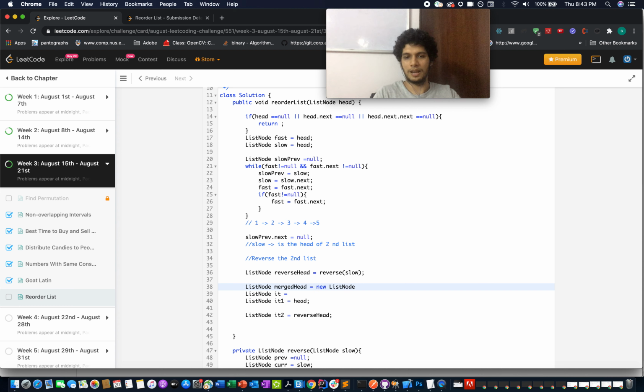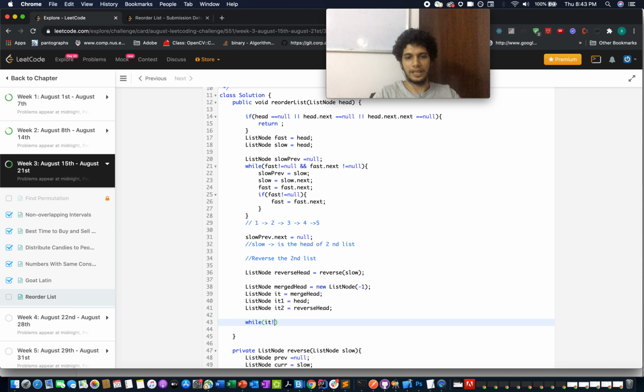So that's just a dummy kind of a thing that you're putting, and this will point to merge head. And now let's iterate through it1, it2 alternately.